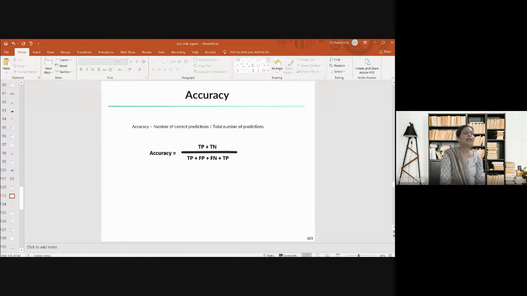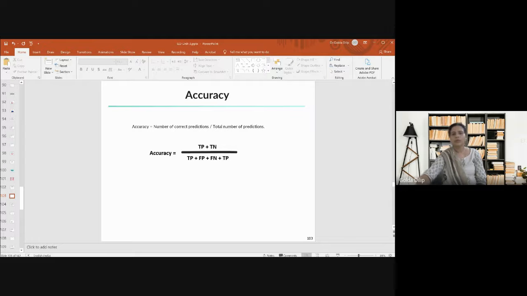Okay, so accuracy can be better defined as TP plus TN divided by positive plus negative, that is TP plus TN plus FP plus FN. On the slide, it is written TP twice, but this is not TP written twice. It is TN. That's a mistake. Since it is an image, I cannot correct it right now.